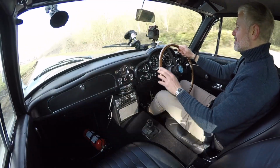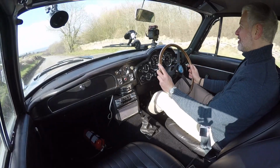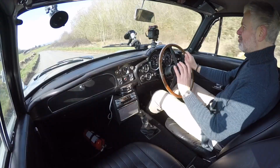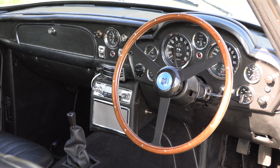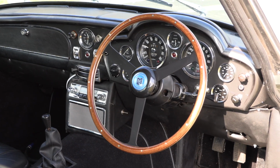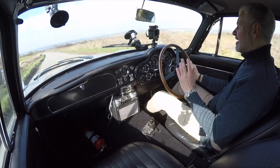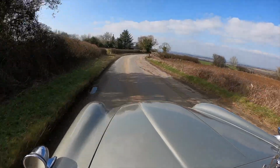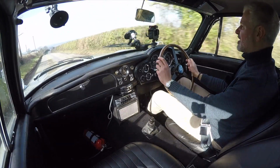So the first thing that comes to mind, driving position is actually pretty good. You've got this massive, massive wheel, and it is one of those cars where the stereotype of piloting a ship really does come to mind, because the steering wheel is massive, it's very tactile, lovely sort of wood finish, very thin rim, communicates everything. And the weighing, once you're moving, again, this is a non-power assisted car, the weighing is absolutely bang on. The steering is very, very slow, and the DB6 is quite ponderous in changing direction. Immediately you realise this is no sports car, even by the